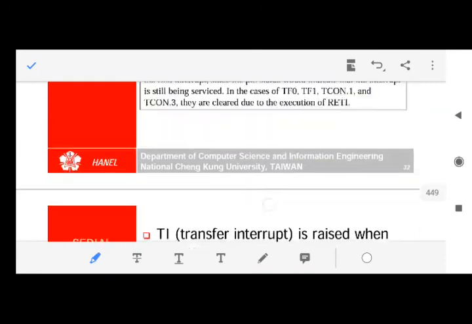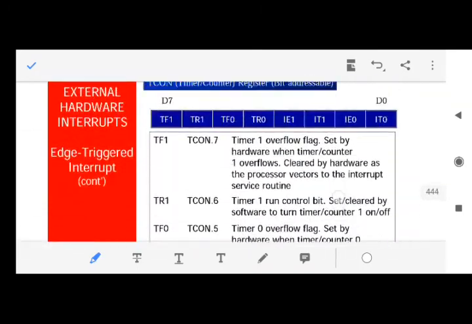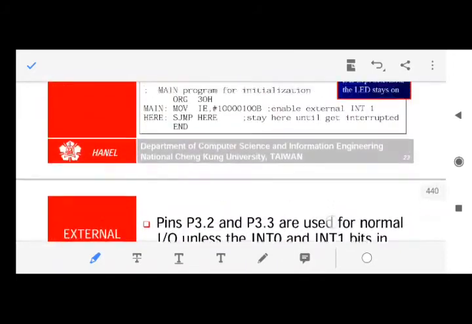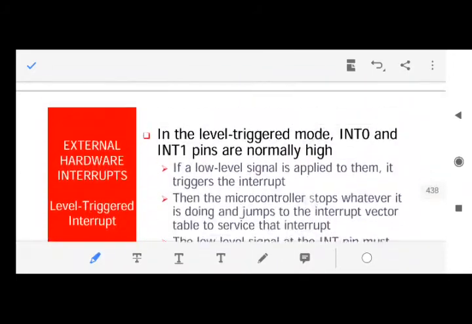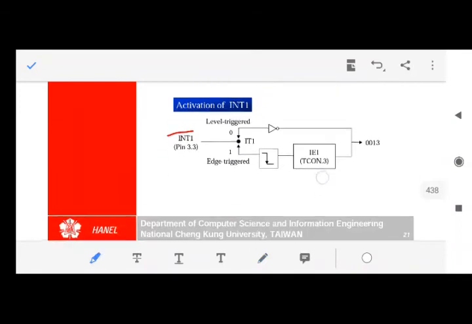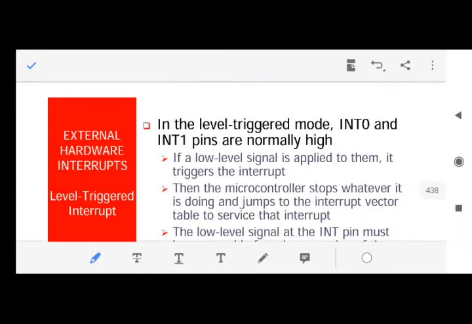So in the level triggered mode, the interrupt 0 and interrupt 1 pins are normally high.